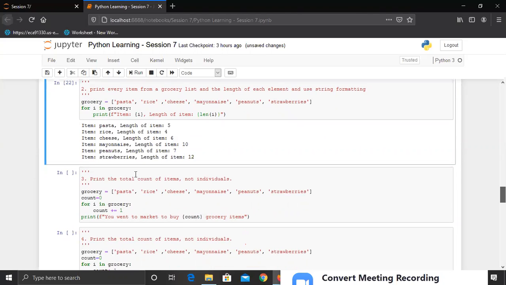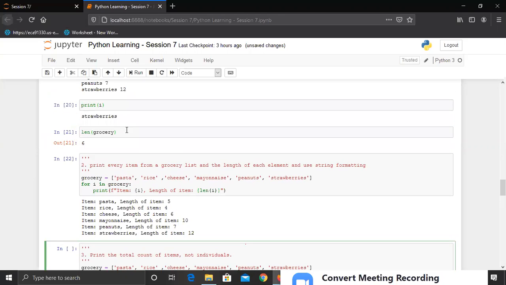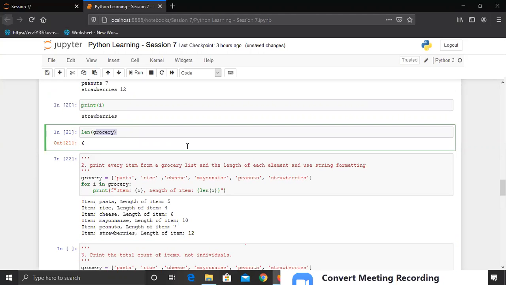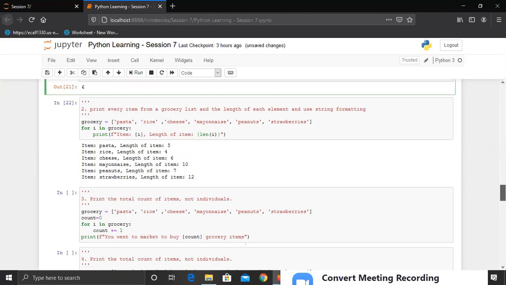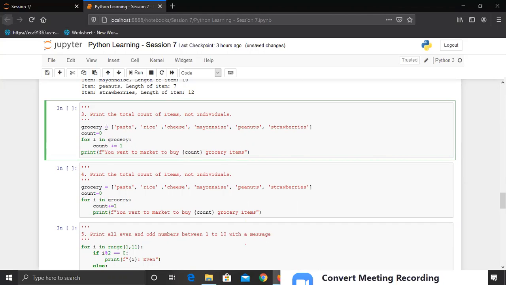The next question is, I already told you the effective way to find the number of elements that are there in the grocery list. But if you still want to use a loop to find out the number of items, you can use a count variable. Let's understand what is happening. So for grocery, we have the same list. We are defining a variable which has value 0. So it is a numerical variable count, which has value 0 right now. And see this, that it is not under the for loop. This is out of the for loop. And then we are starting a loop for i in grocery, and it will iterate through all the elements.